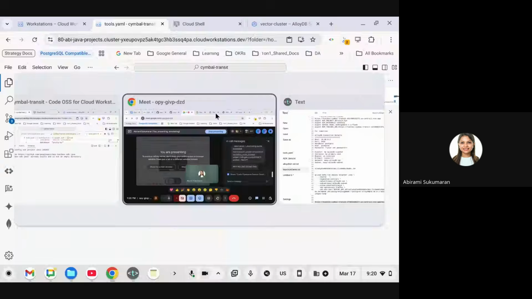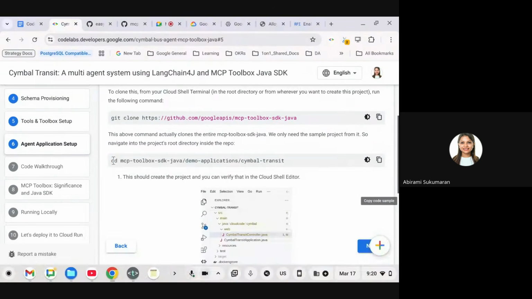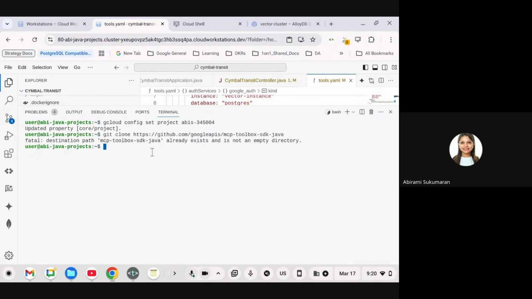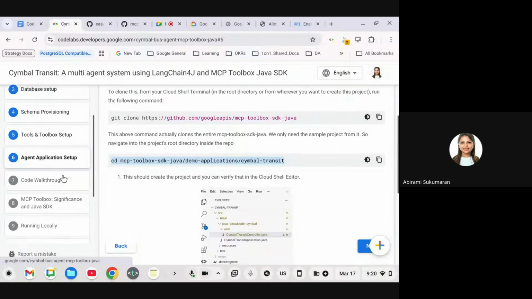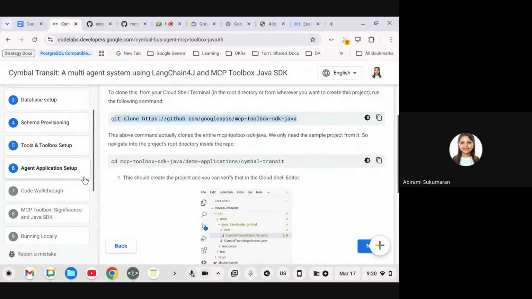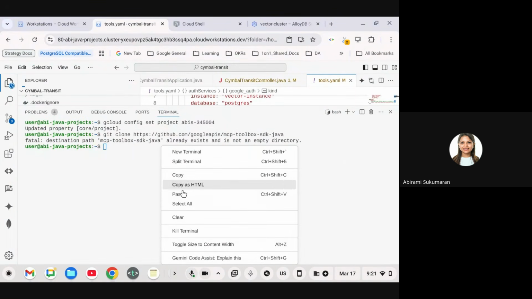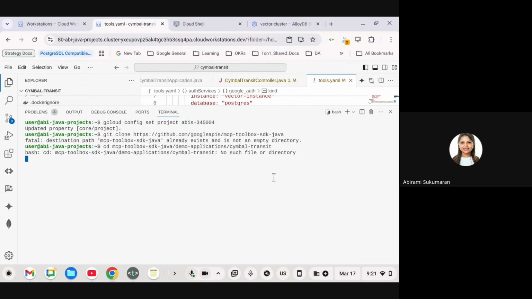All right. Now go back to the code lab and go to the next step, which is change directory, which is basically going inside the repo and going into the subfolder and going into the project folder symbol-transit. So copy that from the code lab. You have to follow these steps, starting step 6 of the code lab, which is git clone. And then the second step, which is cd, navigating into the symbol-transit folder. So paste that and navigate into the folder. And as you can see,